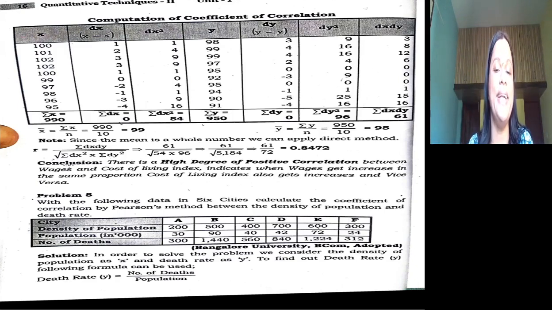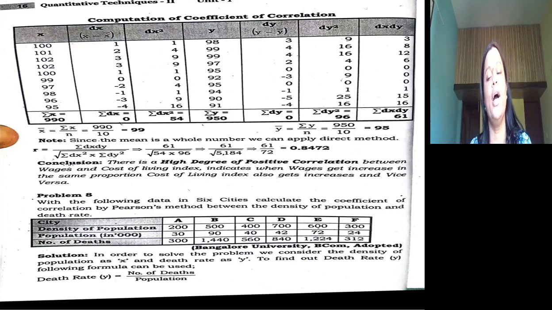We should calculate dx. So 100 minus 99, 1. 101 minus 99, 2. Till the last one, 95 minus 99, minus 4. In the same way, dy. So 98 minus 95 is 3. Till the last one, 91 minus 95, that is minus 4. Then we have to square up both dx as well as dy. Then we have to multiply dx with dy. Sum of dx square, sum of dy square, sum of dx dy should be calculated. Afterwards, we should apply the formula. When we apply the formula, we arrived at the answer